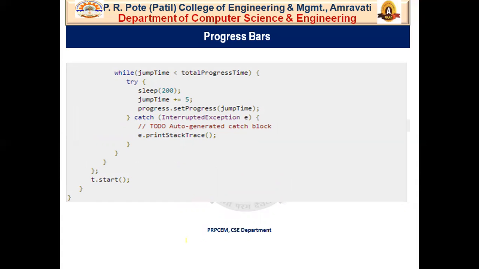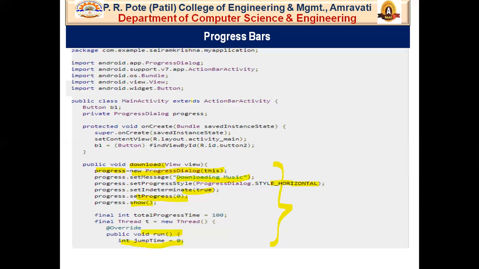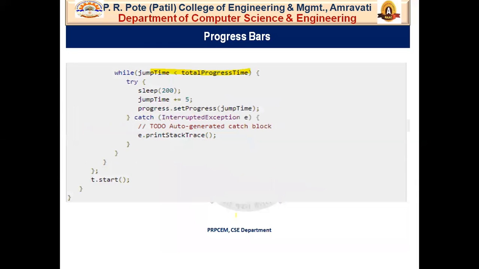And here we have mentioned that till the jump time is less than total progress time. Total progress time is 100, a constant value which is assigned to total progress time.